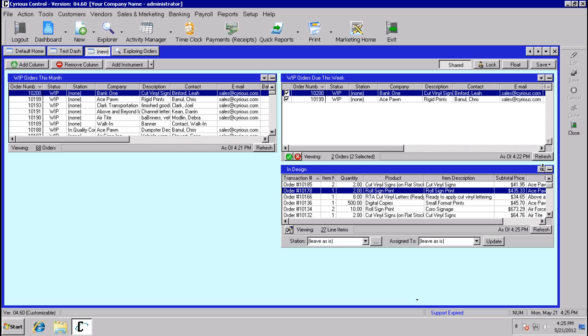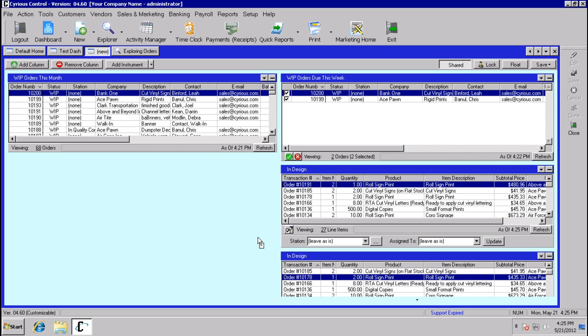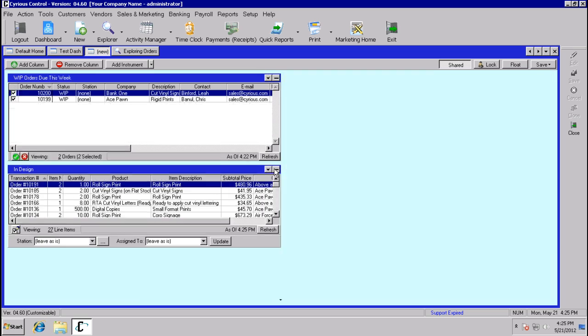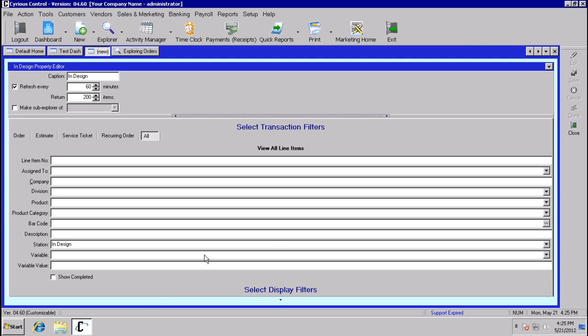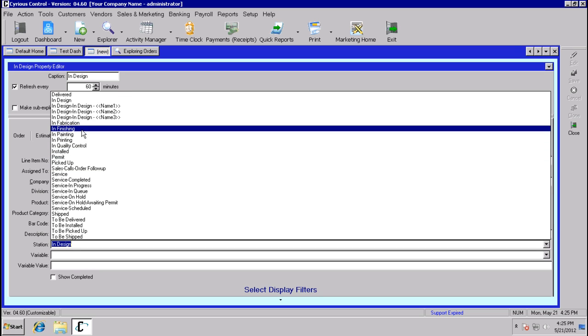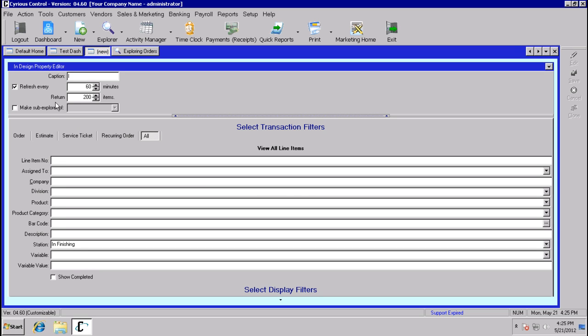By doing this, if you also wanted to see InDesign and then also in finishing, you can come in and clone this. Let's go ahead and move this right here. And we can edit the one we just cloned, and all we have to do is change that station from InDesign to maybe in finishing. Change our caption